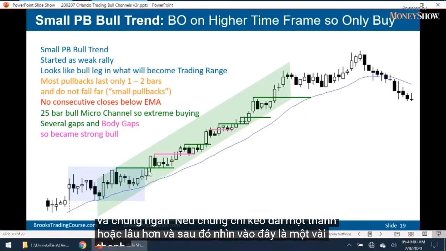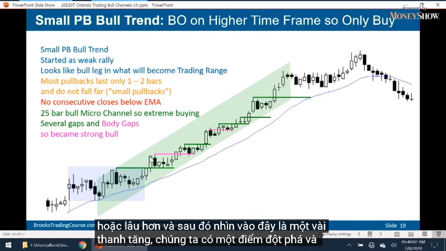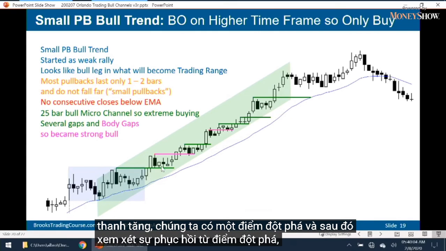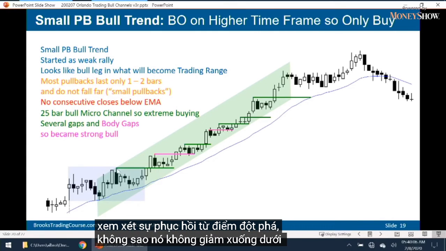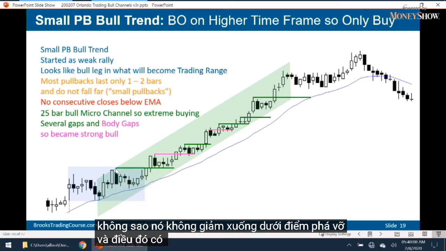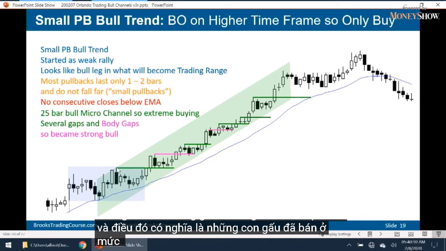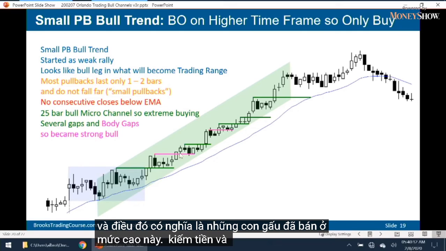And then look at this. A couple bull bars. We have a breakout. And then look at the pullback from the breakout. Okay? It did not fall below the breakout point. And that means bears who sold at this high did not make money and they had to buy back their